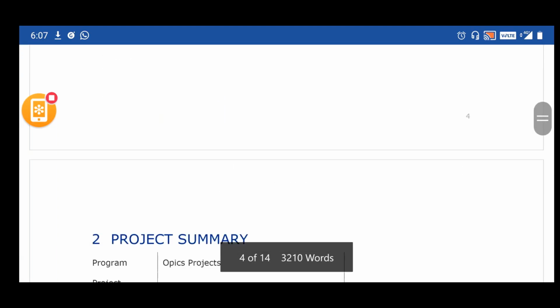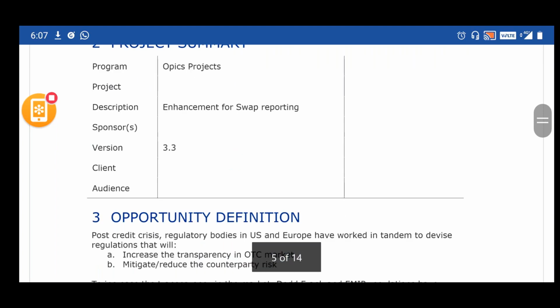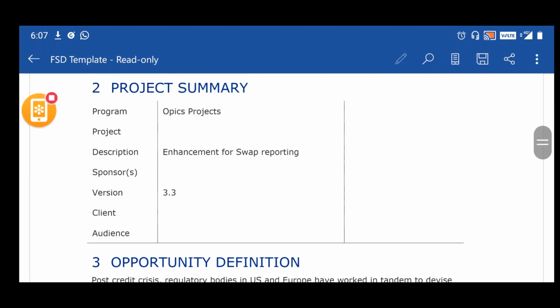Now, when we talk about the project summary, it is similar to what we discussed yesterday. Generally, projects are defined under different programs. So what is the program name? What is the project name? What is the description of the project? Who is paying for or sponsoring the project?